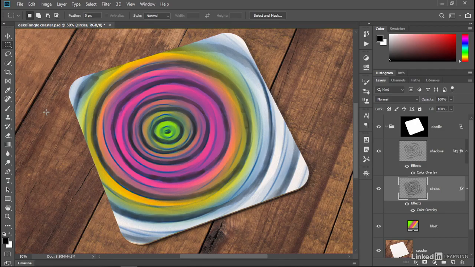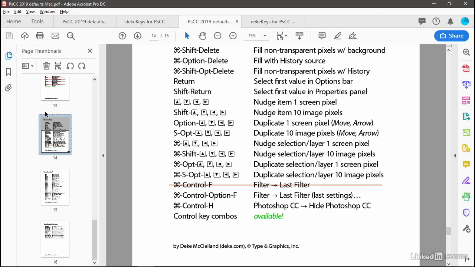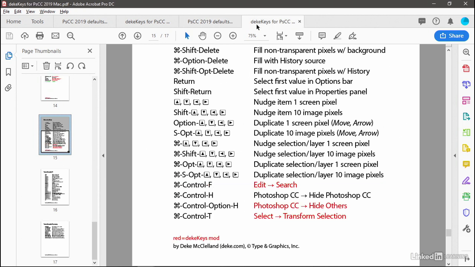Now, I want to show you one more thing. For you Macintosh users, I'll go ahead and switch over here. I have gone ahead and reassigned Command-Control-F. That's why it's got a red strike through. And so I'll go ahead and switch over to the D keys for the Mac document. Once again, I'm scrolled down to the bottom, this time page 15, because we have two pages for function keys. And you can see while I've assigned Command-F to the last applied filter, I've gone ahead and assigned Command-Control-F